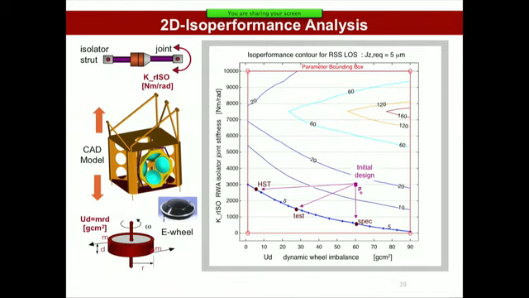Or you could do a little bit of each. So this test point here means we're going to have quieter wheels, but not ultra quiet, and we're going to have a soft isolator, but we have the right combination of the two. And we're going to go for that point there. So now if you go for that point, you're going to satisfy your pointing requirement, but you've allocated the lower level requirement, in this case, to the isolation stage and the dynamic wheel imbalance in a kind of balanced way. So everybody's job is roughly equally difficult. That's the sort of idea here.